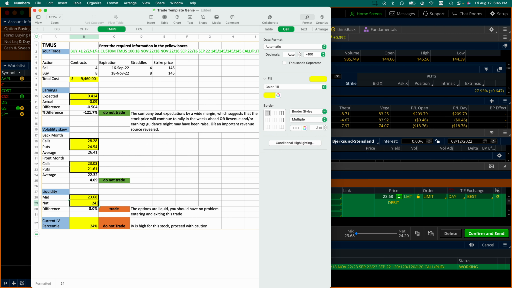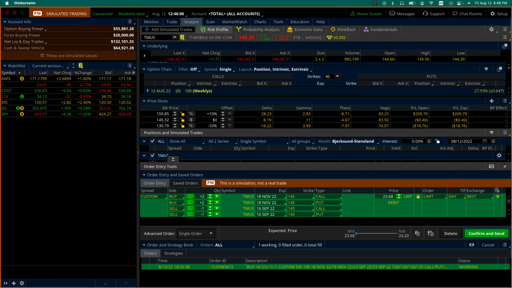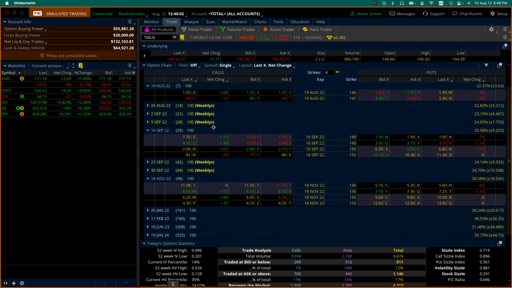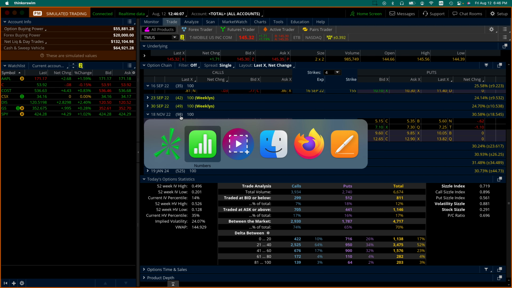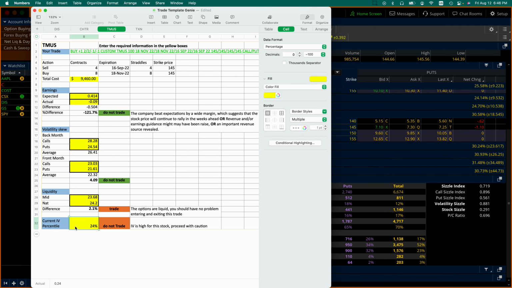23.68 versus 24.2. That's okay. And the volatility overall, this is good. Let's go to the trade tab and see the current IV percentile is 14. The volatility is really low. So otherwise we could trade it, but I just don't like